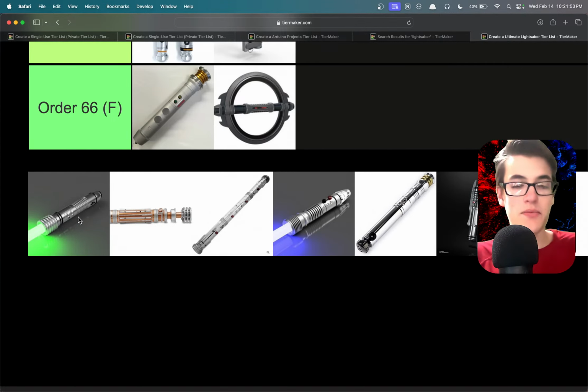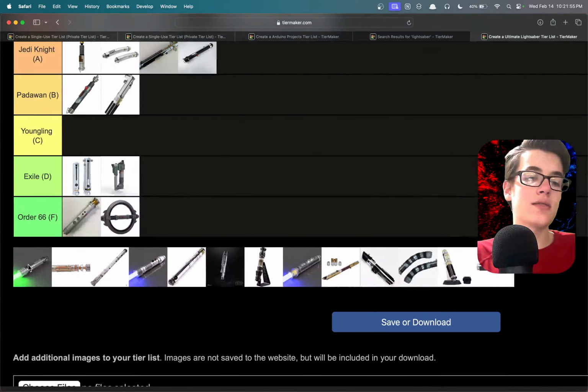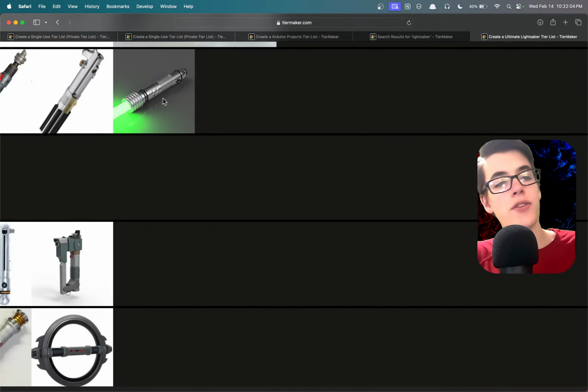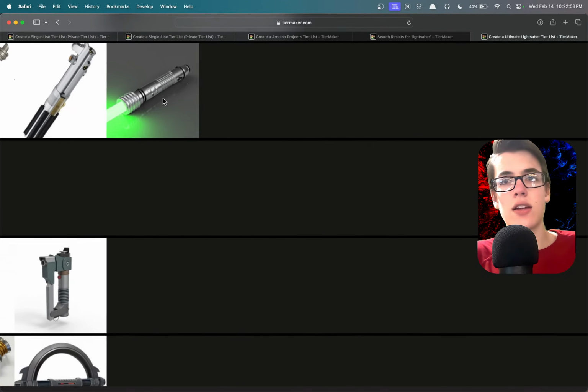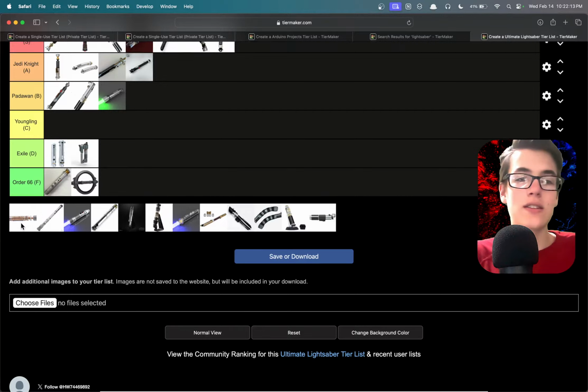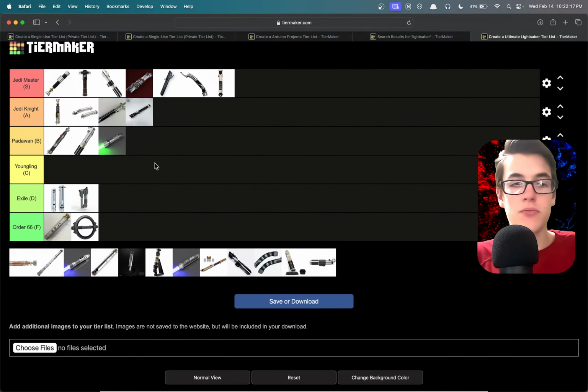No. Okay. This lightsaber, it's decent. I kind of like it. But it's not great, and it doesn't have a character to back it up, so I'm thinking B or C. And I know it's my fault that it doesn't have a character to back it up, because I can't remember. Vader, Anakin. Yeah, the Vader Anakin card. Yeah, it's true, there is a card there. I think B. We might honestly have to remove C here, because it's not getting anything. I feel like most things are kind of B, basic, Padawan, or they're